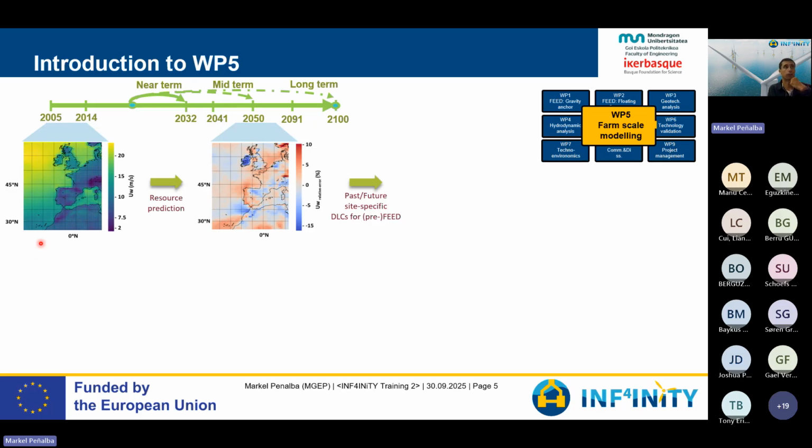of the different areas. But we can also do the same thing by analyzing the evolution of the resource. And that evolution of the resource is not expected to be static, but is expected to change significantly under specific scenarios, basically because of the effect of climate change. So as climate change hits harder or slower, we will see the resource, the wind and wave resource, essentially change